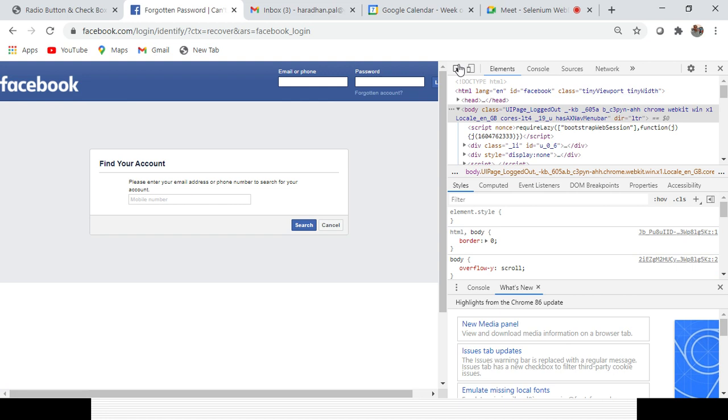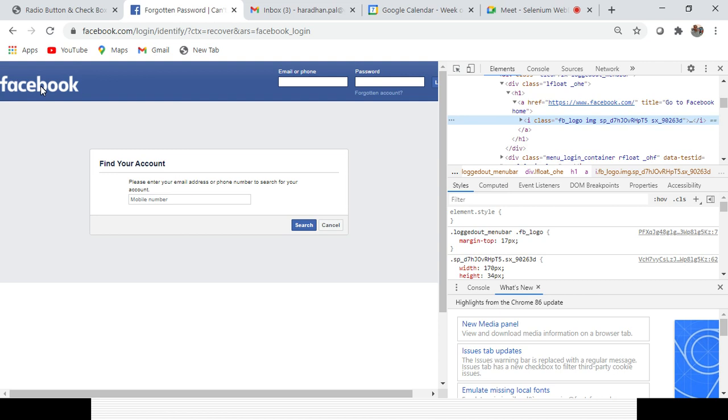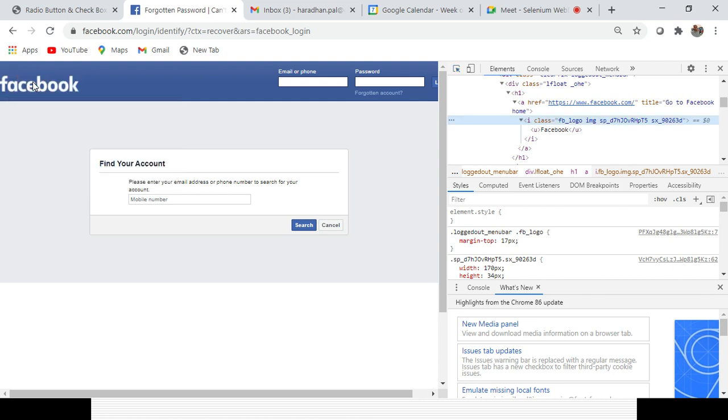If you want to inspect that particular image, you need to select it. Here you can see it is starting with I, that is also image, I or IMG.